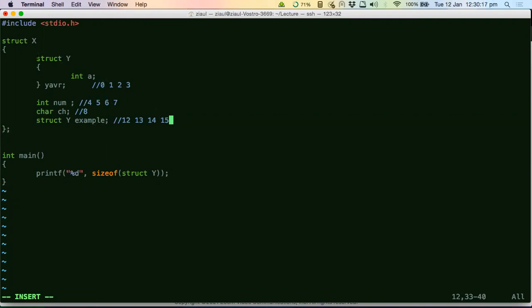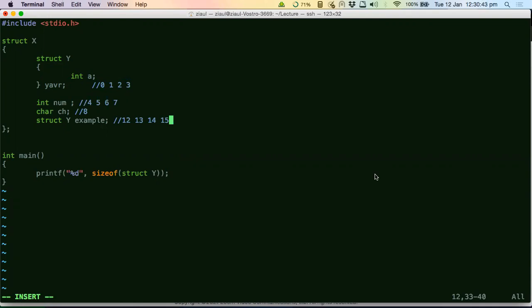Now, what is the size of the biggest data type here? It happened to be 4, because even the size of this struct is also 4. So 16 is divisible by 4. That means the size of the struct is 16. It is clear, Nitin? Very good.